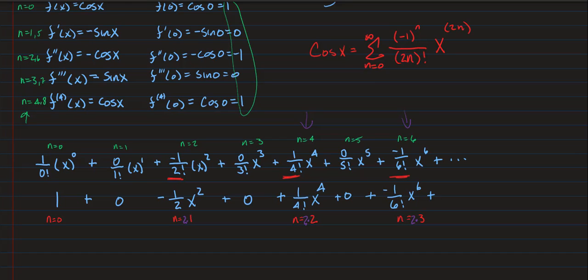That way, whenever I start with n equals 0, I do get this first term right here. When n is equal to 1, I do get this second term. When n is equal to 2, I do get this third term. And when n is equal to 3, I do get this term. So this is how we would represent cosine x as a Taylor series. Well, it's actually a Maclaurin series since it's centered at 0, but we can call it a Taylor series centered